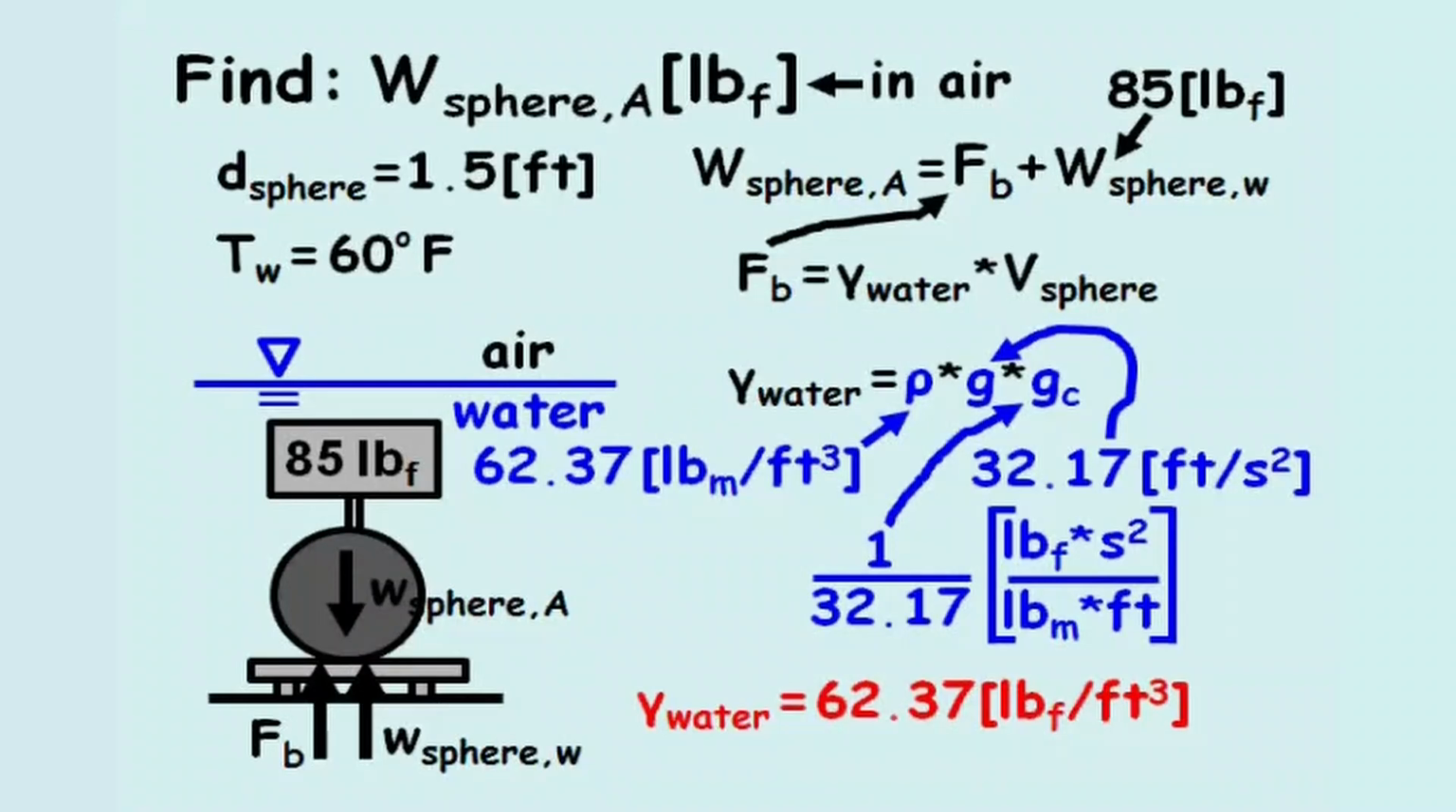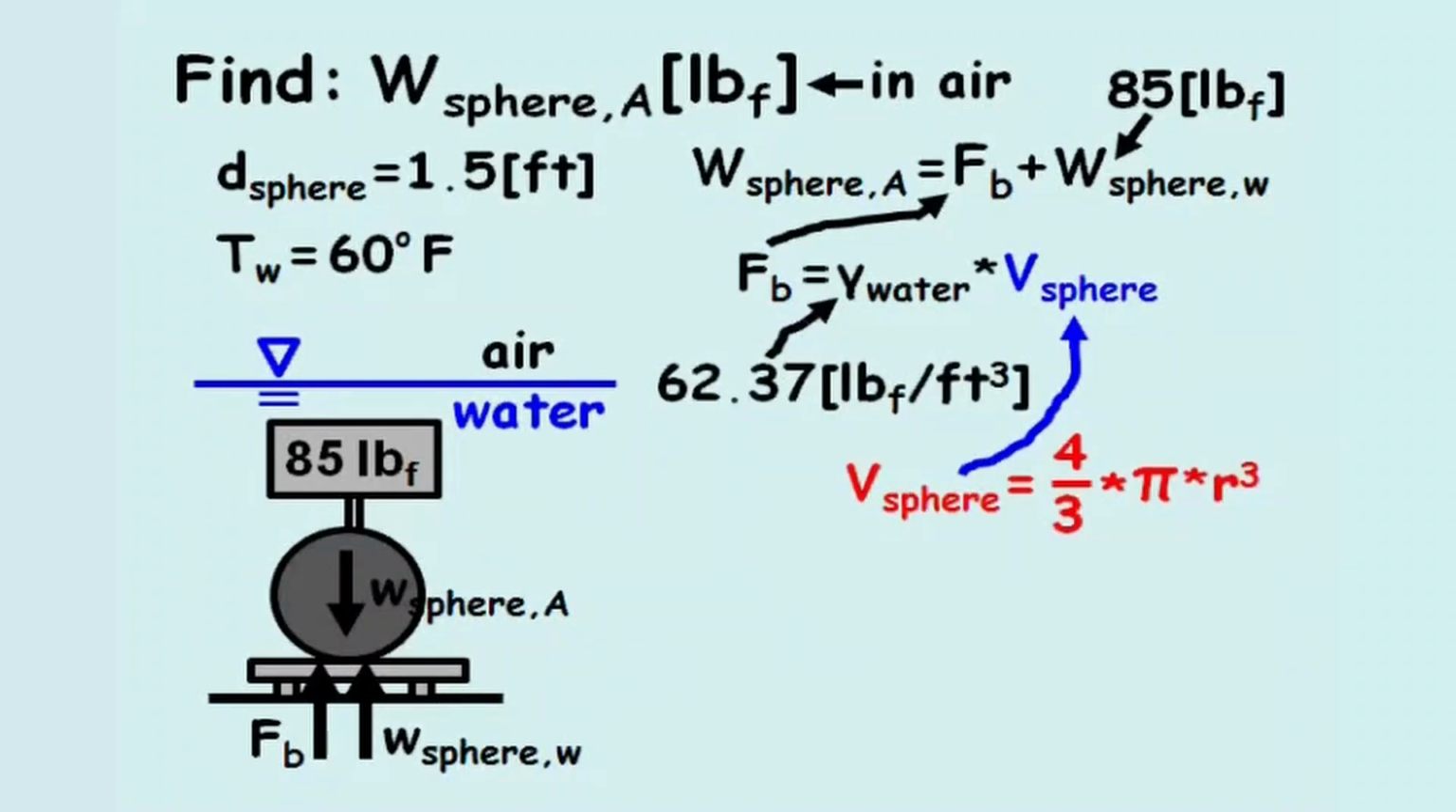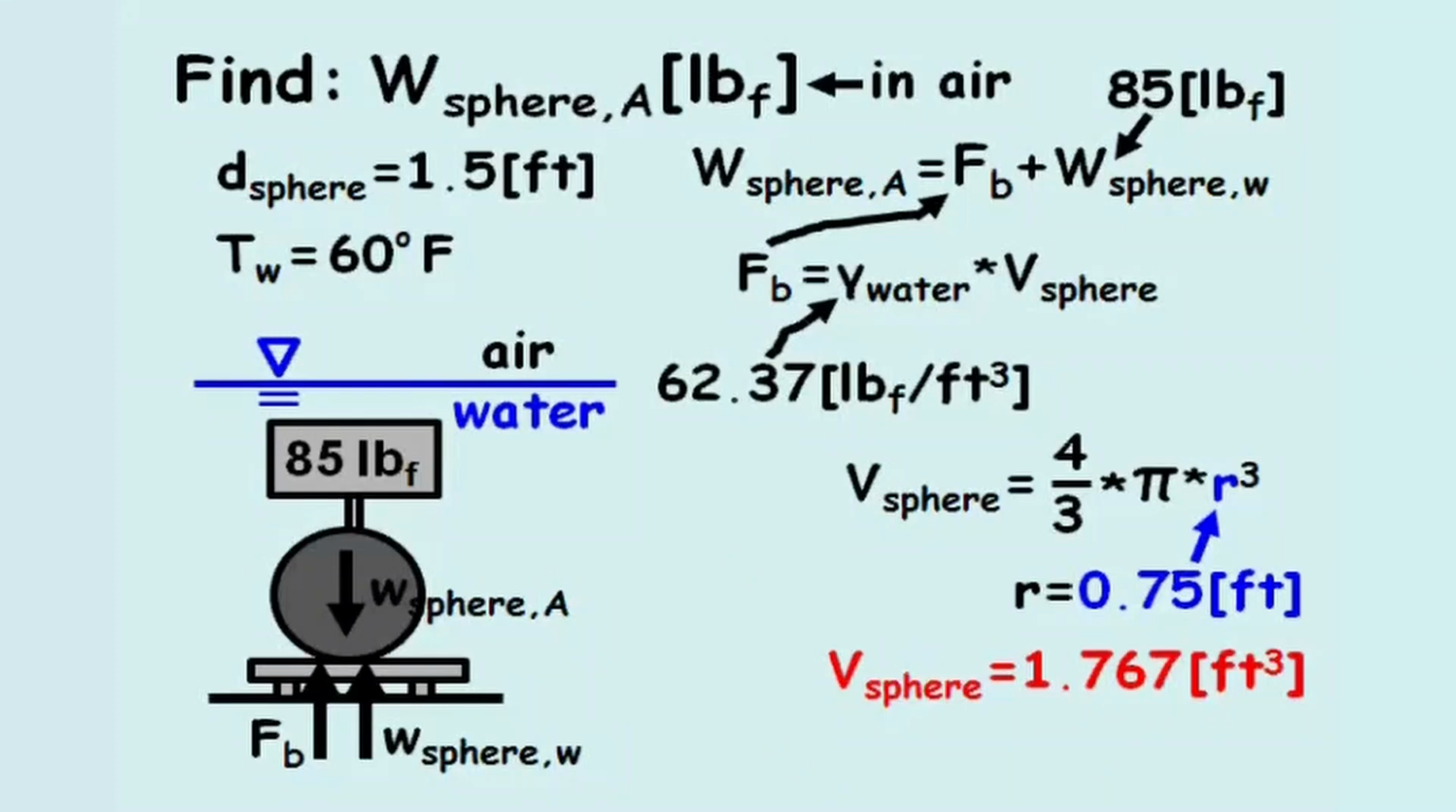The volume of the sphere, V sphere, equals 4/3 times pi times the radius of the sphere cubed. The problem provides the sphere diameter as 1.5 feet, which means the sphere radius equals half that value, 0.75 feet. And the volume of the sphere computes to 1.767 cubic feet. Now we can solve for the buoyant force, Fb, which equals